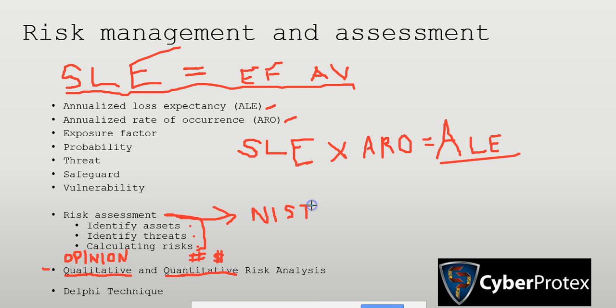Underneath NIST, they got all these different numbers out there, but you can check 800-30 Rev 1. And if you're having trouble falling asleep, this would be a great time for you to go out and read that document because it's going to be a little bit dry, but it'll actually tell you how